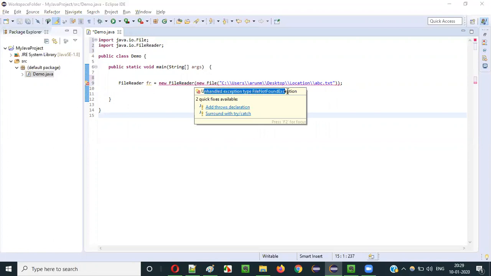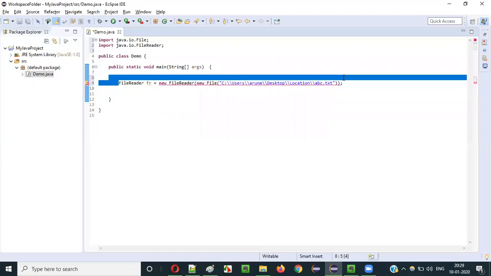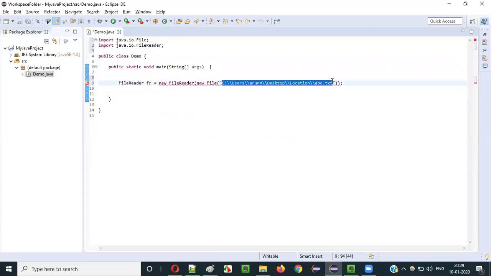It's saying that you have to handle the exception. The Java compiler is telling you that there is a possibility of getting a FileNotFoundException for this statement. This path may or may not be available. If this particular file is not available at this path, you may get an exception. Compiler is saying that. This kind of exception is a checked exception, guys. Either we have to handle this exception inside the try catch block or ignore this exception using the